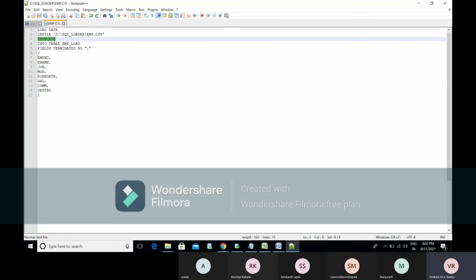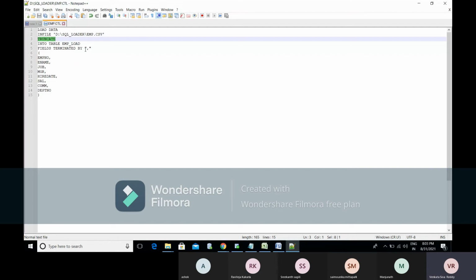So what data are you going to insert into the table? Insert into table EMP load. I put a table called EMP_LOAD. While loading the data from this file to the table, I'm truncating my table here itself and inserting the data into this table. We can use insert or append, we have a lot of options here. Append will append the data to the existing data itself. Try the different options from your end.